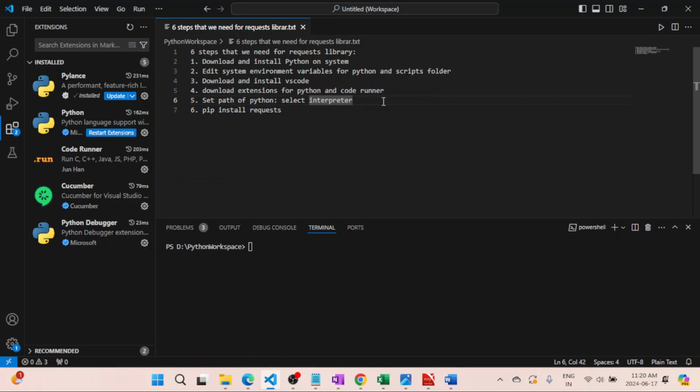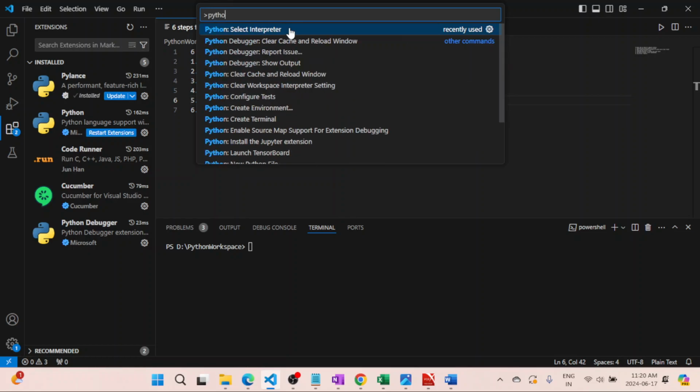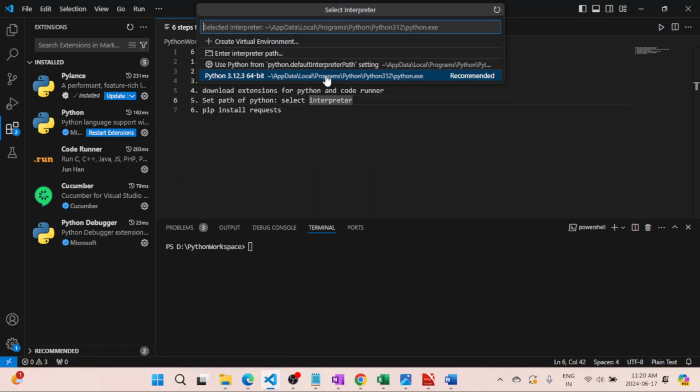Then we wrote Python: Select Interpreter, and selected the latest Python build which is available with us, so that VS Code is aware of where it has to run Python from. Then the sixth step which we need to follow is to install the requests